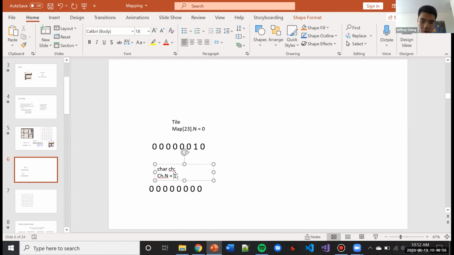For this, you would have to use bitwise AND or bitwise OR. So I would have to do ch equals ch OR 1. I'm not going to go into very much detail about how OR and AND work, but if I do OR 1, then it'll set this 1 bit